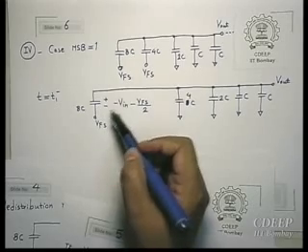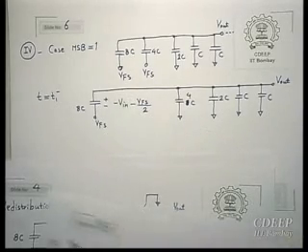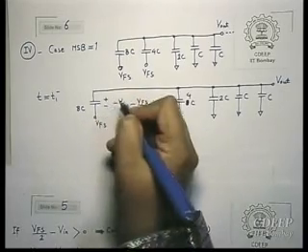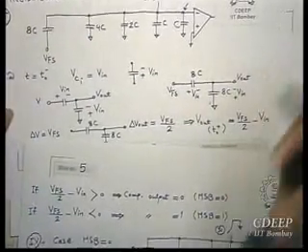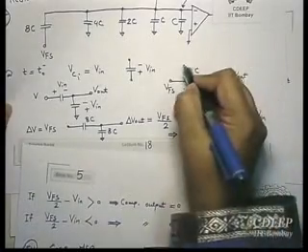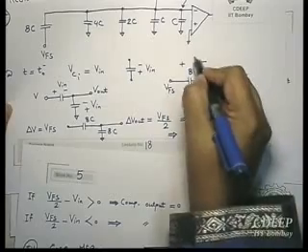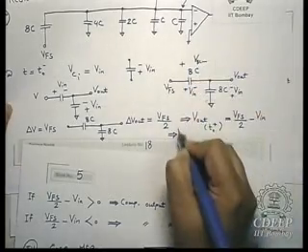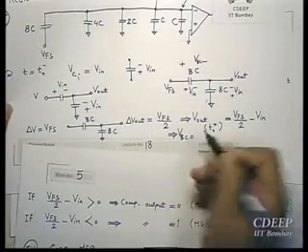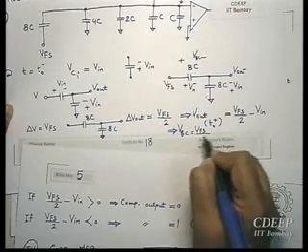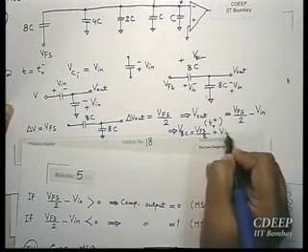Okay, so therefore, here I will just write, at T equal to, so this voltage V8C